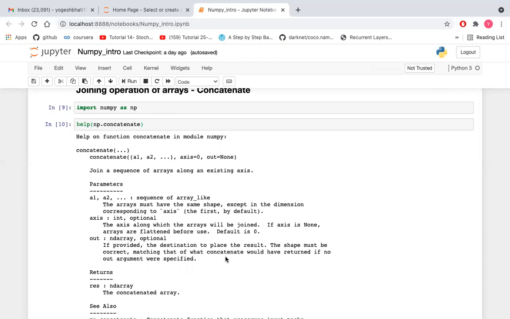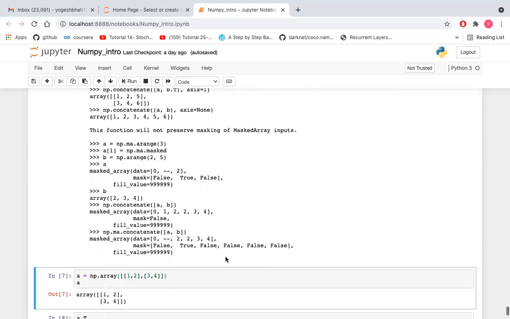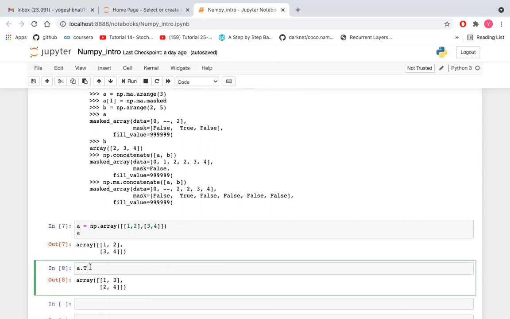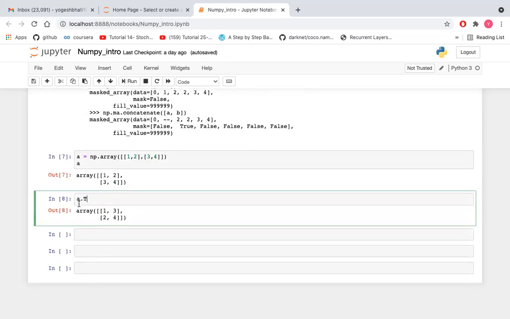So we will understand by using some examples. First of all, let's create one array. Here I created a 2D array by using np.array. Here you can find this is the transpose. We can directly use a.T and we can get the transpose of this matrix or array, or we can also do this operation by np.transpose(a), which I already discussed in my previous video. This is only the short form of how we can do a transpose operation in a short way.